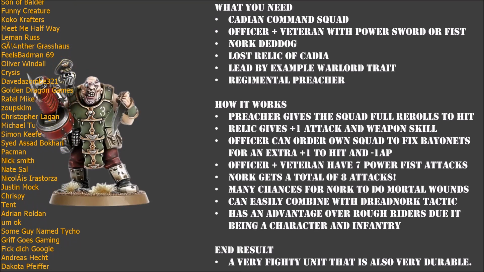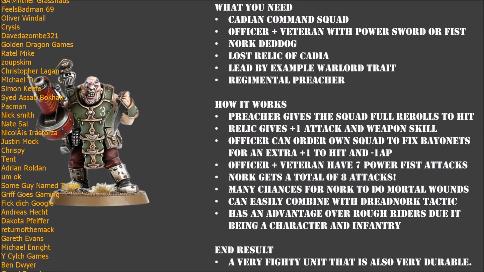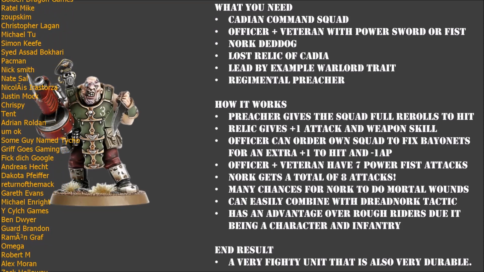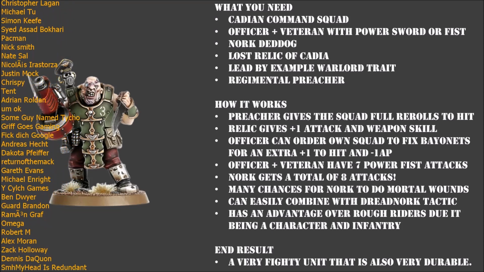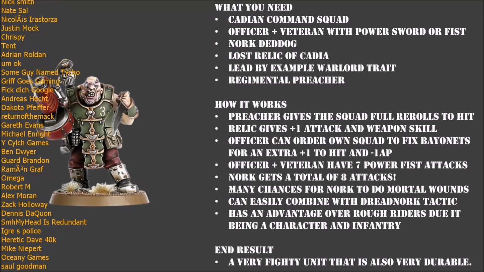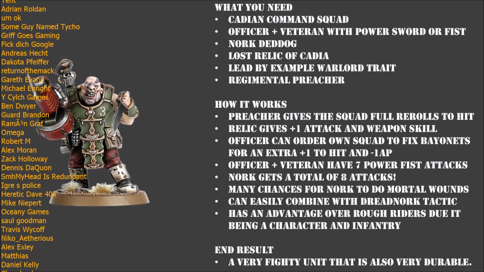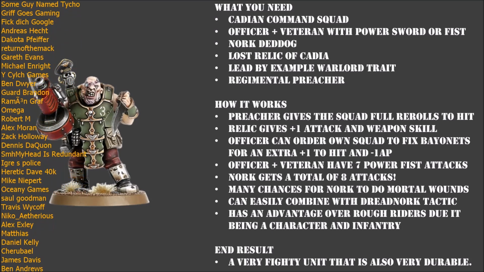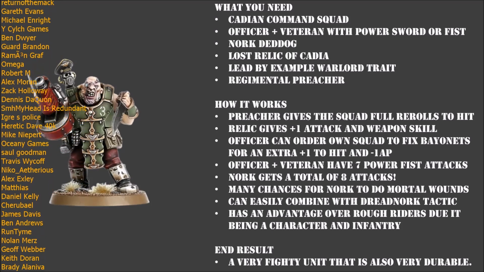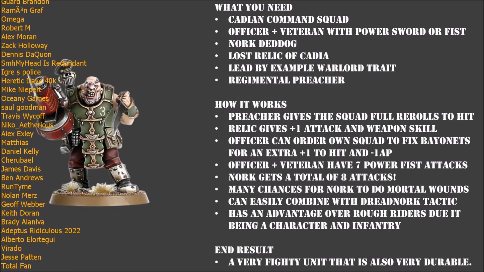Now, once you've got all the models together for this command squad, you are going to need a relic and a warlord trait to power it up even more. You're going to need the Lost Relic of Cadia, and you're also going to want the warlord trait Lead by Example. And the last thing you're going to need to complete this combination, the final piece of the puzzle, is a Regimental Preacher. So now that you've brought all of these disparate elements together, how can you combine them all into the ultimate One Punch Squad, a